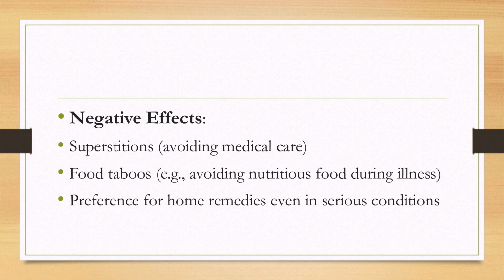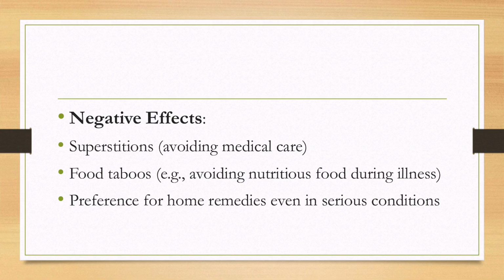Second one is food taboos. So, food taboos are cultural restrictions on eating certain foods during illness, pregnancy, menstruation, or childhood. Sometimes these restrictions prevent people from getting proper nutrition. For example, pregnant women avoiding nutritious foods like egg, fish, or fruits because of cultural beliefs, sick individuals avoiding protein rich foods during recovery, and children not receiving a balanced diet because of traditional restrictions. For example, a pregnant woman avoiding healthy food may develop weakness and nutritional deficiency.